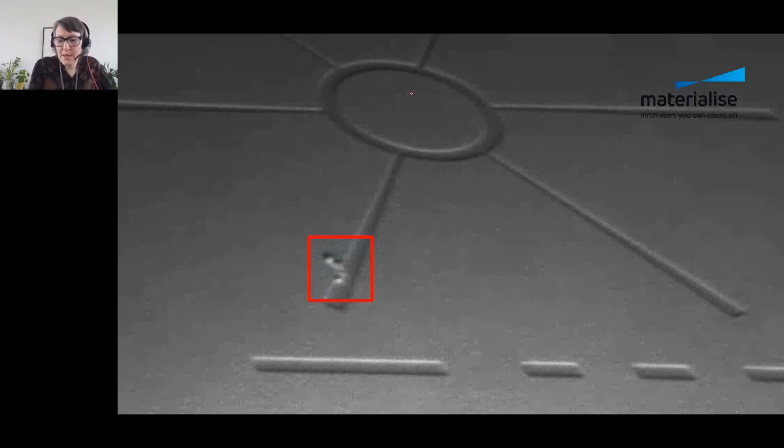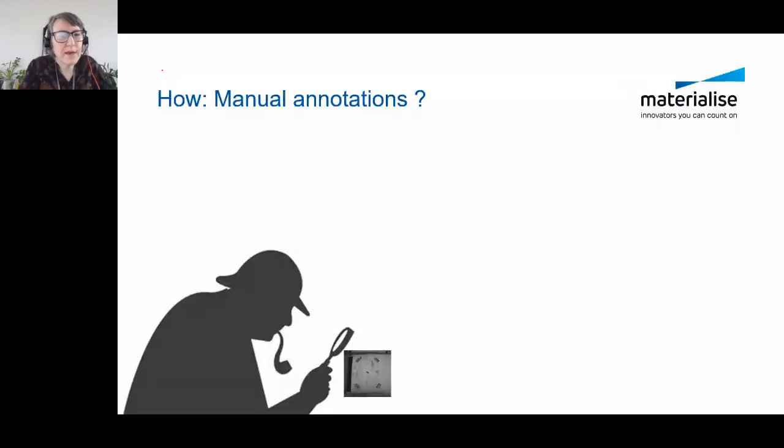So we were on a quest. Can we find more of these droplets that we see coming? And if yes, where are they? What could be the root cause and so on? But first things first, how can I find all these droplets or more about them? And you could think about